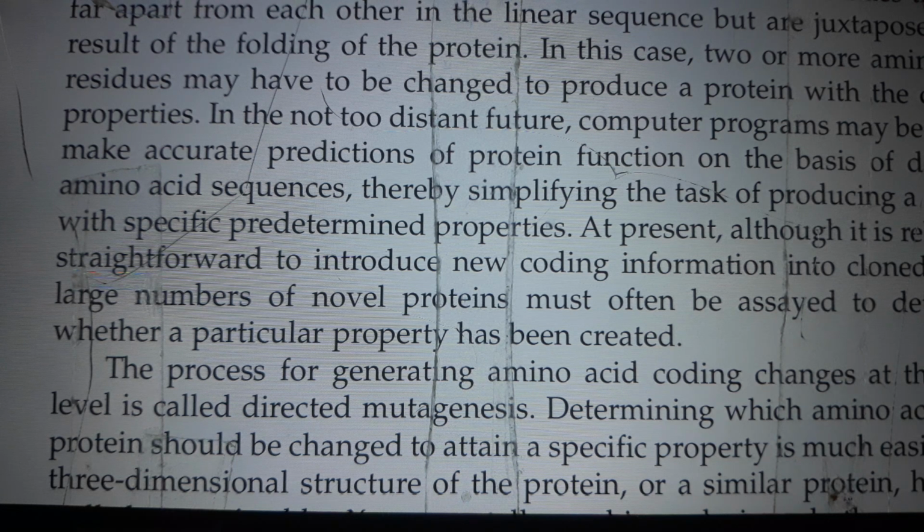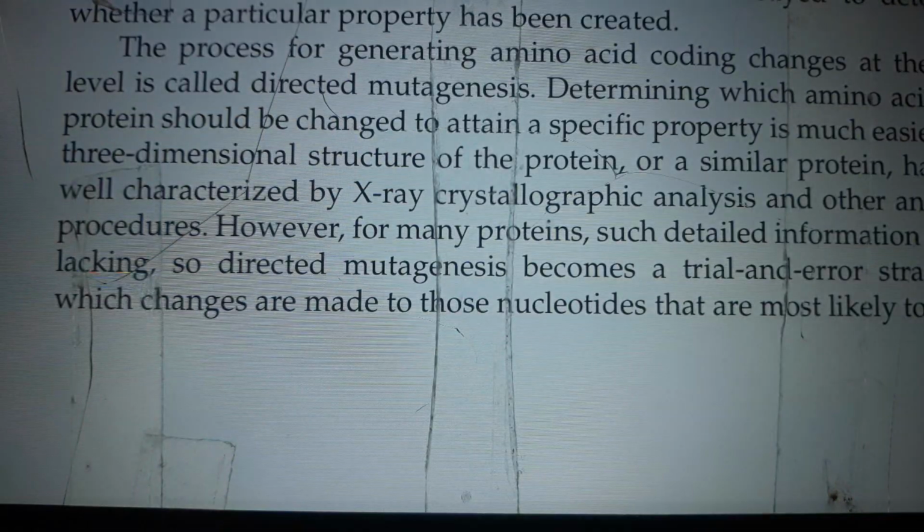At present, although it is relatively straightforward to introduce new coding information into cloned genes, large numbers of novel proteins must often be assayed to determine whether a particular property has been created. The process for generating amino acid coding changes at the DNA level is called directed mutagenesis, determining which amino acids of a protein should be changed,